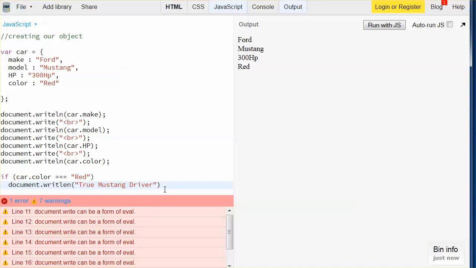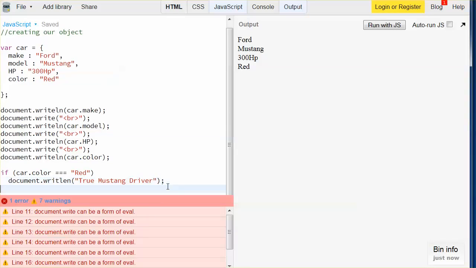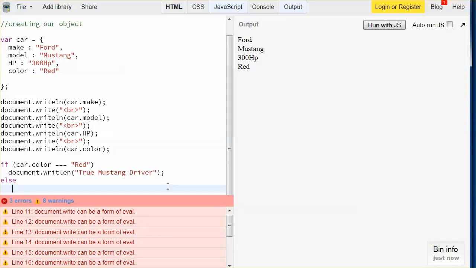Whereas if the car color is not red, we do an else statement, document.writeLine, and we simply specify the color of the car, and in here we concatenate, and we simply make a comment, a gray color, by specifying the name of the color. So if we were to run this,